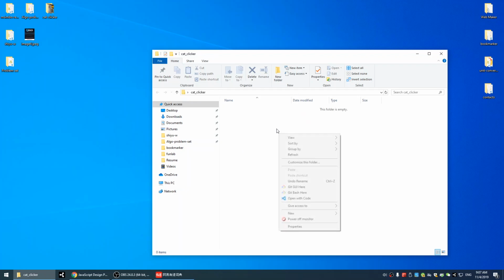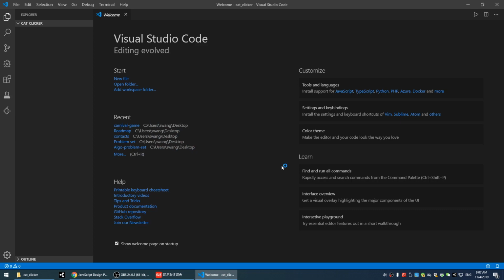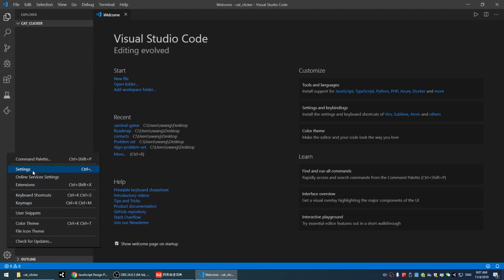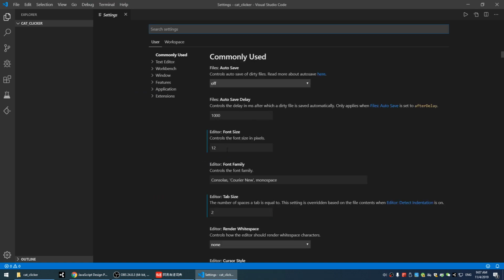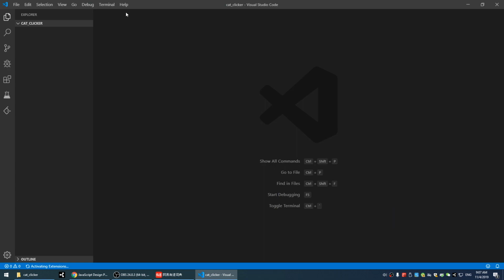And let's open this folder with a live server. Open with code. Right, cat clicker. Let me make sure the font size is correct. Font size, yeah, can be 25. Okay. Right, so